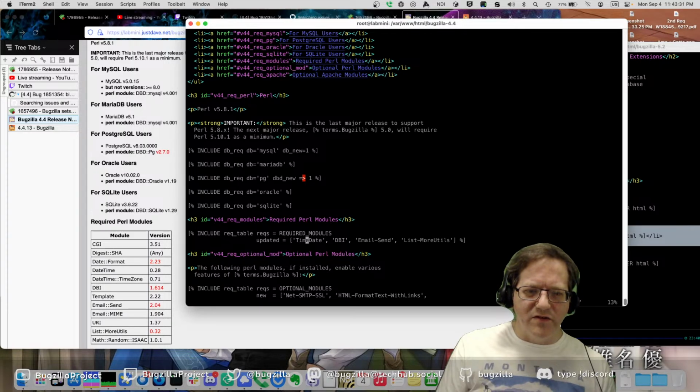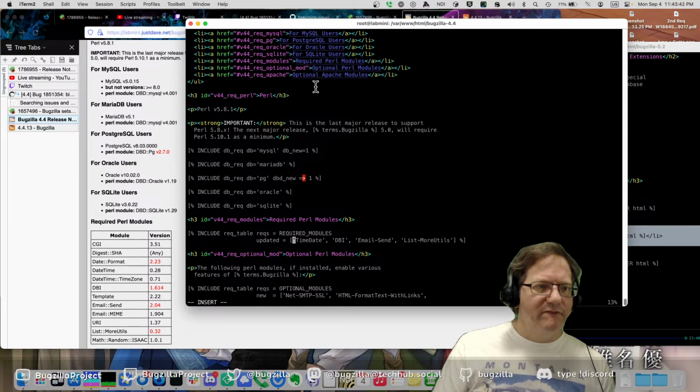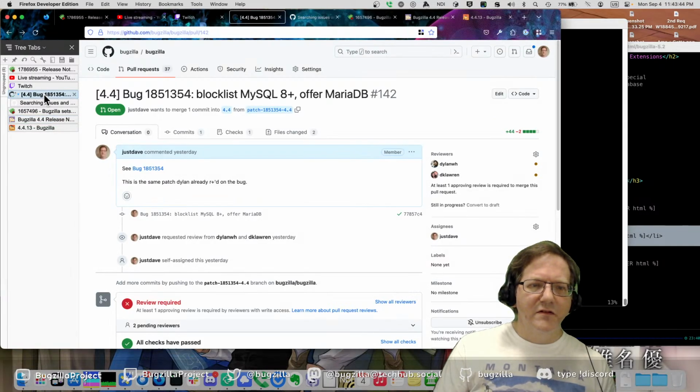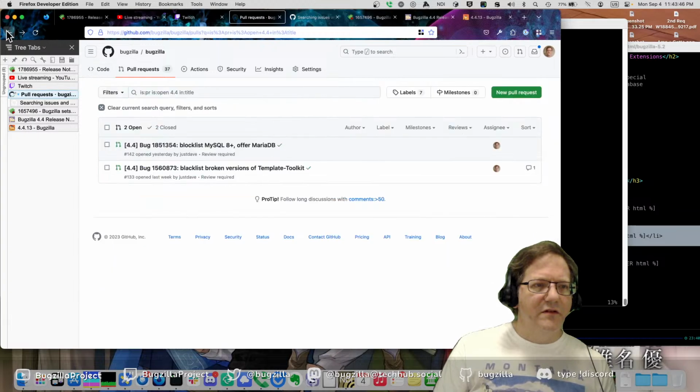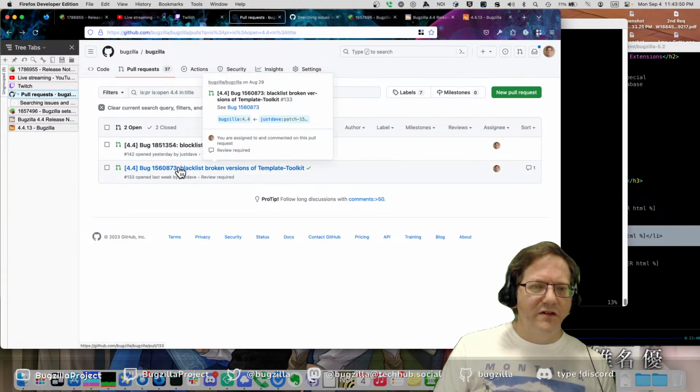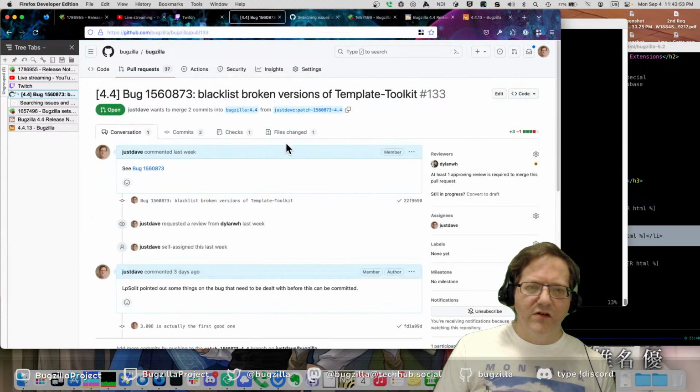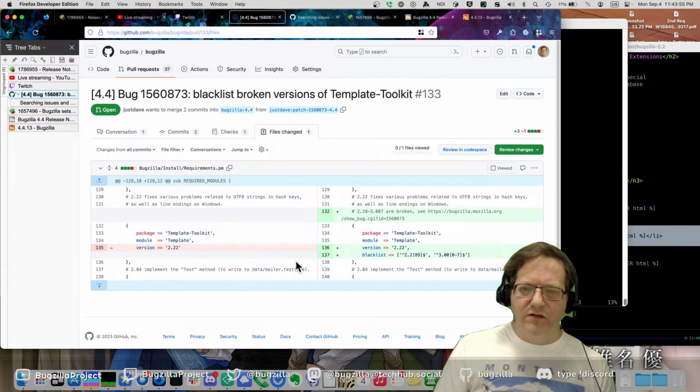Required Perl modules, which are new versions. Toolkit. Oh, when we're blacklisting them. Okay.